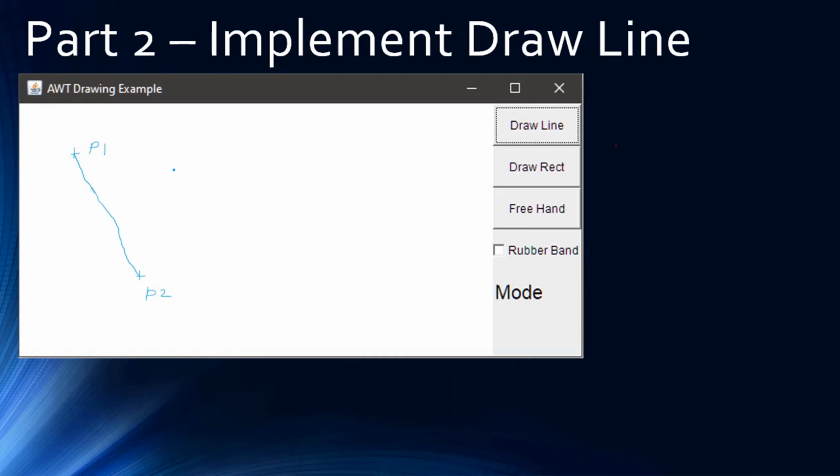So we need 2 points. If both points exist at the same location, then we will not consider this as a line. So these 2 points should be apart from each other, then we can draw a line. So what we are going to do here, we will handle,